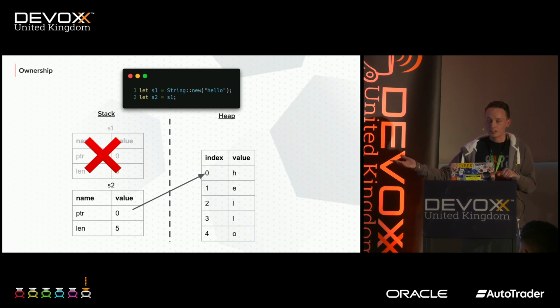So this solves our problem, right? Because when we do that, what we're doing on line 2 there, we're neither copying the heap, nor are we leaving a dangling pointer, because that first variable essentially becomes disavowed. We're no longer allowed to use or touch that variable because it would violate the ownership rules. When we try to do so, the compiler will punish us for trying to break the ownership rules. And instead, we have the performant copy here, where we're not copying the values on the heap, and we don't have to worry about leaking memory.